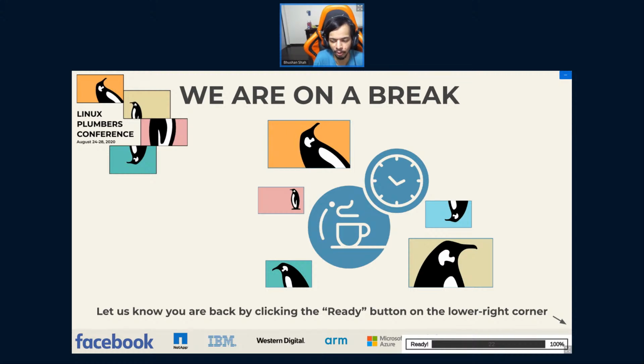Some of this infrastructure is already available in the kernel, like using timerfd and things like that, but it's not implemented in user space. So this is something we need to work on and eventually see it. Yeah, that's pretty much it from my side.